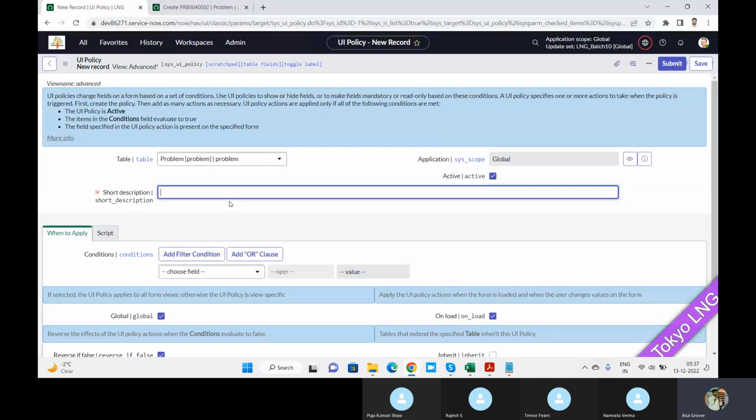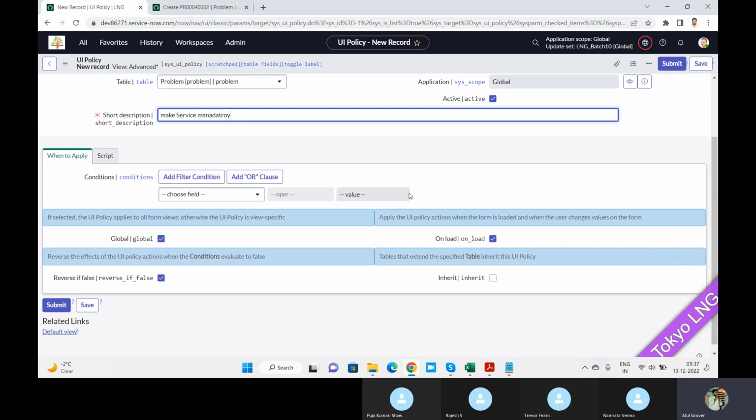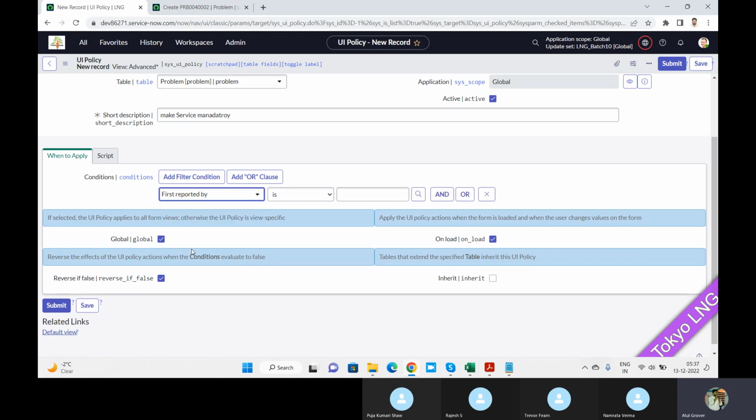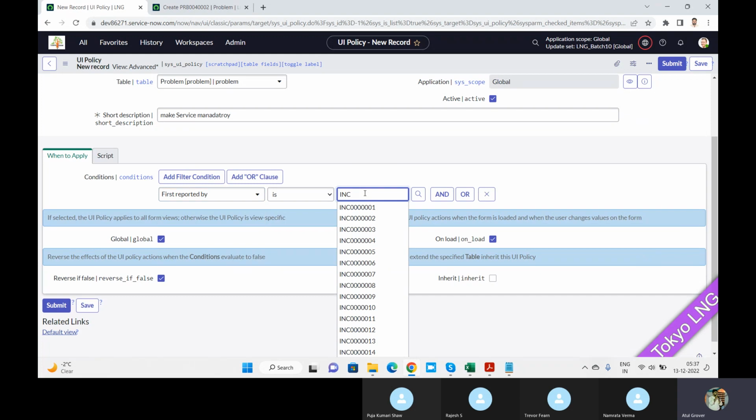Let's go here. Make service mandatory. When to apply? Important. When to apply? When the first reported by is, let's say I'm hard coding it, 002,